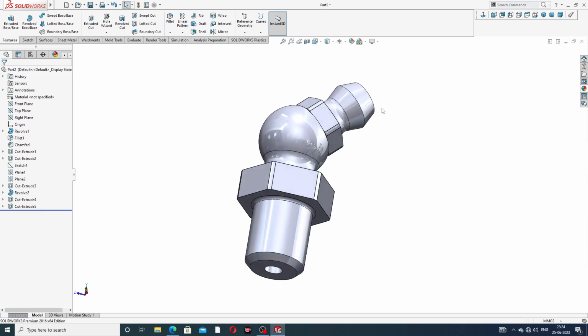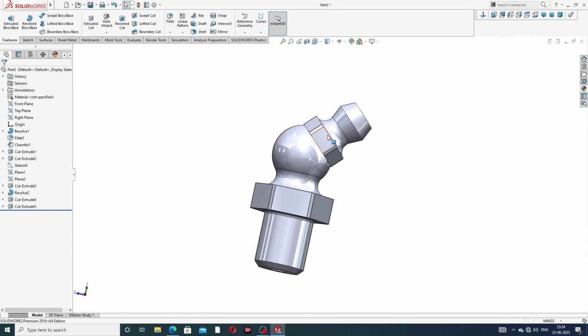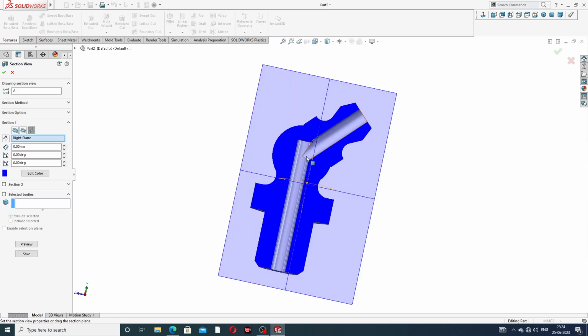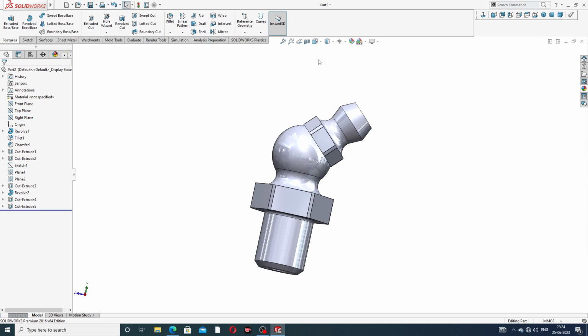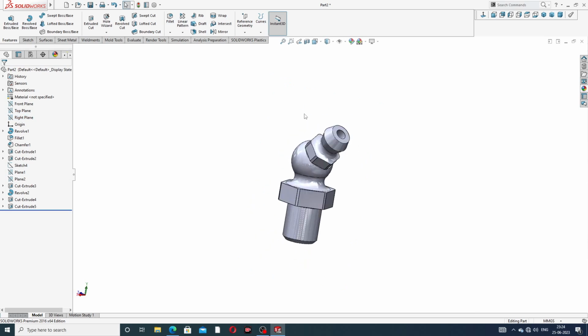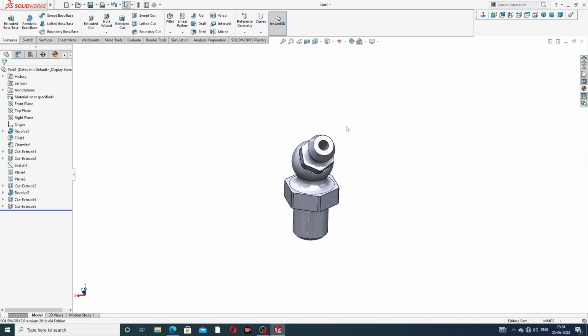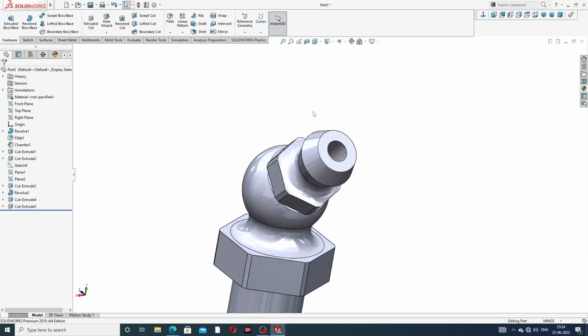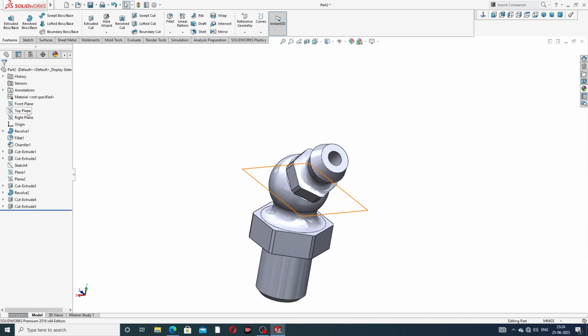And use this cutout, and use the right plane, and okay, this cutout is nice looking here, and okay, and next use this ball. Okay, and use the right plane, sketch normal,